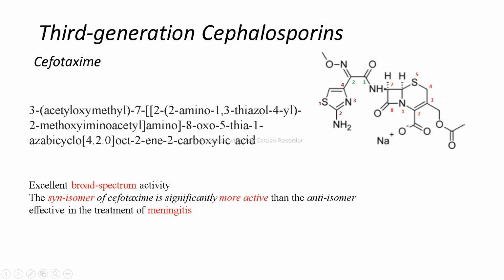So where we are, that is, we first named the third position, then later on we come to name this amino group. So 7 dash, which is present at the 7th position of the Cephem ring. So 7 dash, then 2 dash, because there are 2 carbons in a straight chain.